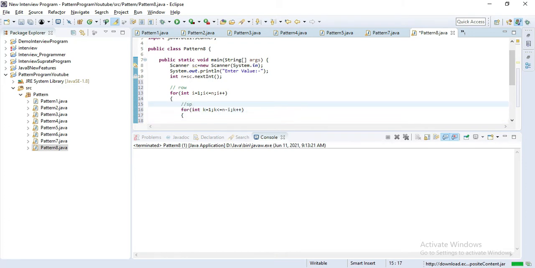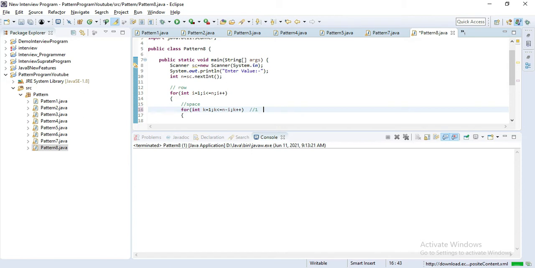This for loop is responsible for the space. Our initial value is 1.